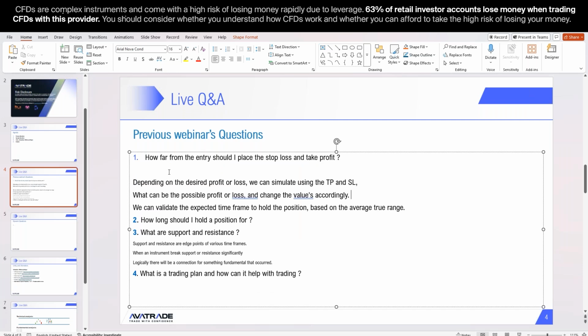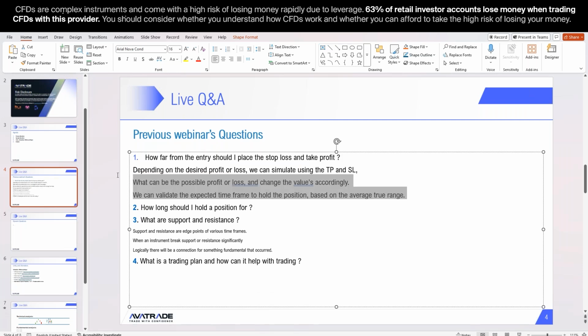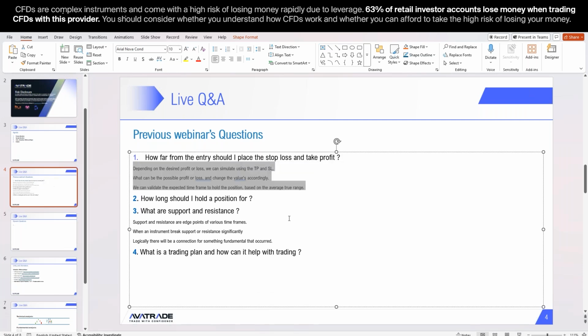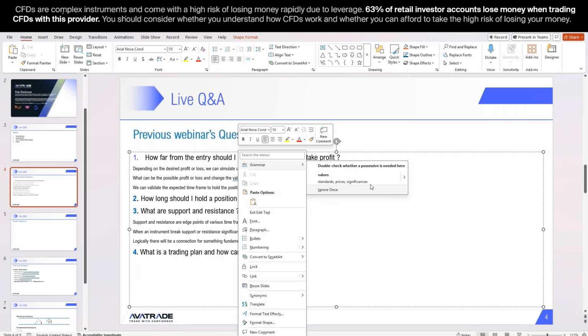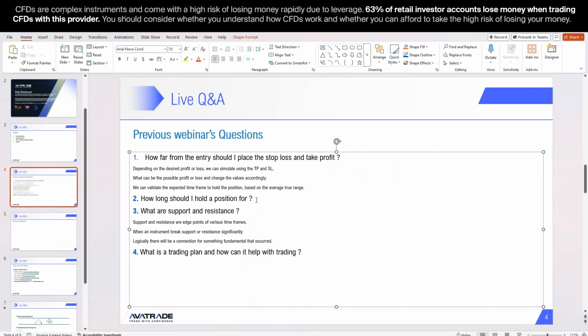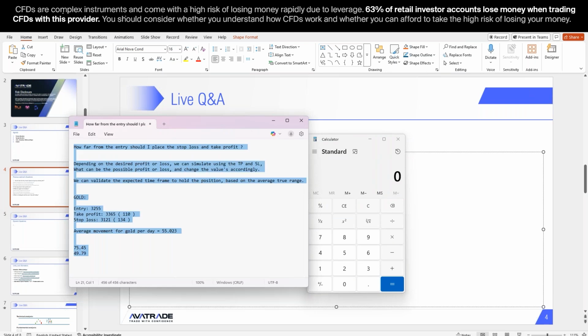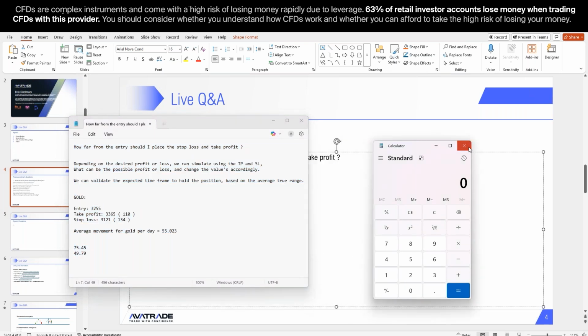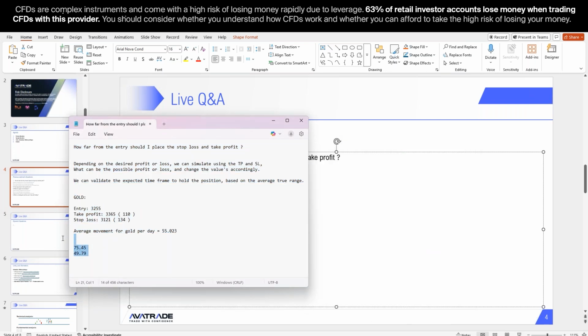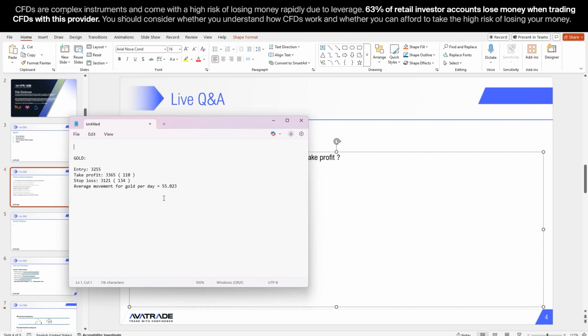How far? Great. Okay, great. Now, how long should I hold? Okay, so how long should I hold? It depends on the plan, right? So to answer this question, we actually need the other question. So we're going to paste that down. I think we're going to keep what we have with gold at the moment, just so we'll have it. And we will make